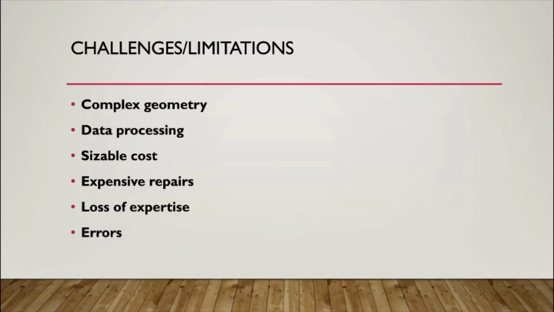CNC machines cut the material in a linear pattern or circular pattern, but there are some complex shapes that the CNC machine cannot work on. So some researchers are working in this field to improve the CNC machine to make various types of complex shapes, such as the 5-axis machine, which is an advanced CNC machine, and today in the market there is a 7-axis machine also.